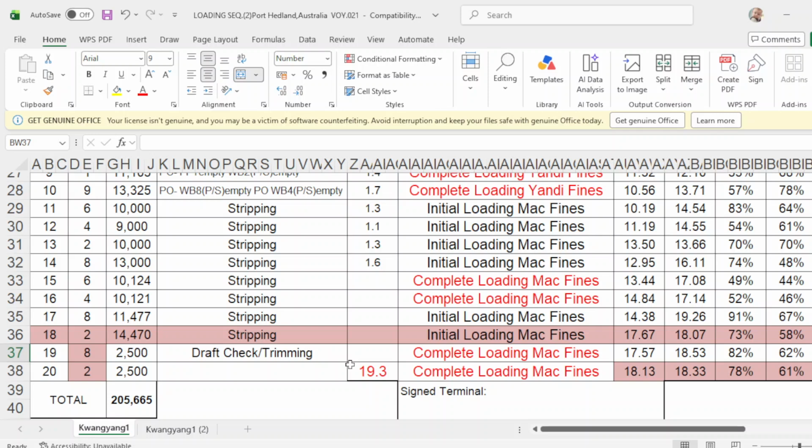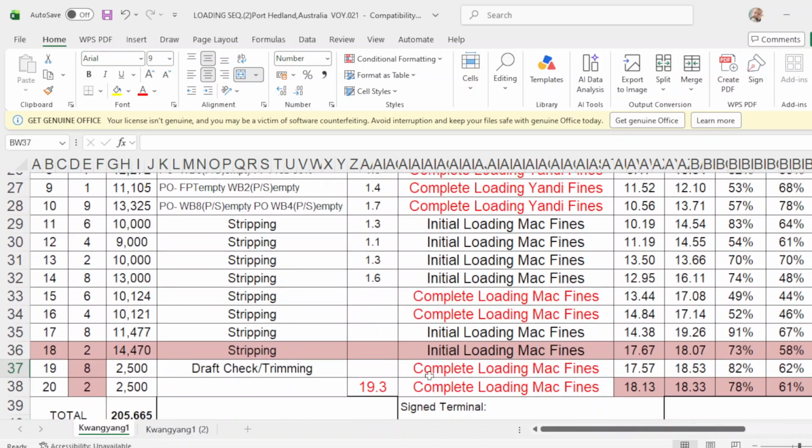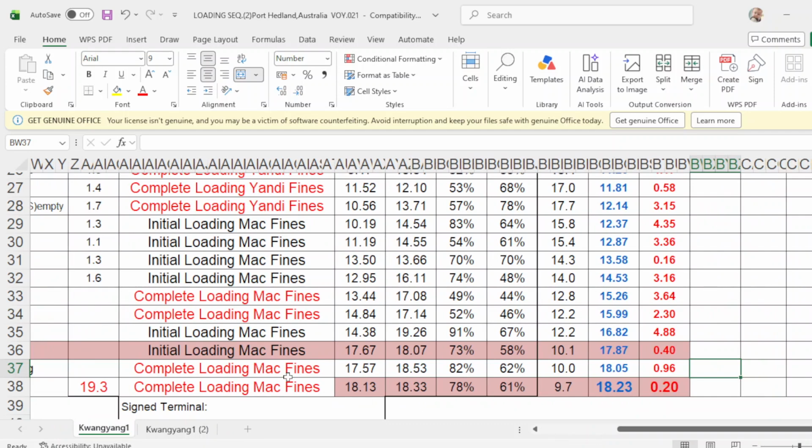Let's say the chief officer gave an instruction to the duty officer that when the operation reaches pour number 18, when she reaches this point and completes loading in hold number 2 of 14,470, the duty officer has to advise the foreman to stop loading, and also advise the chief officer and the draft surveyor to make a draft reading around the vessel to compute the remaining cargo to load for trimming.